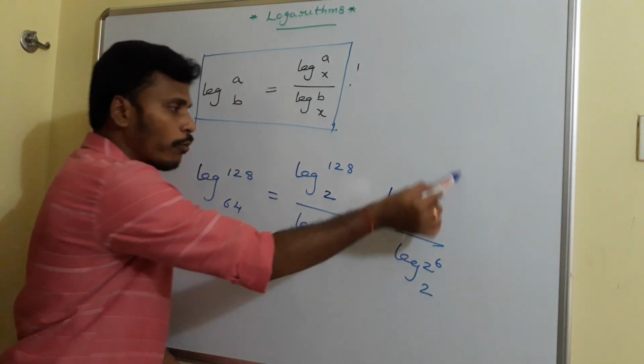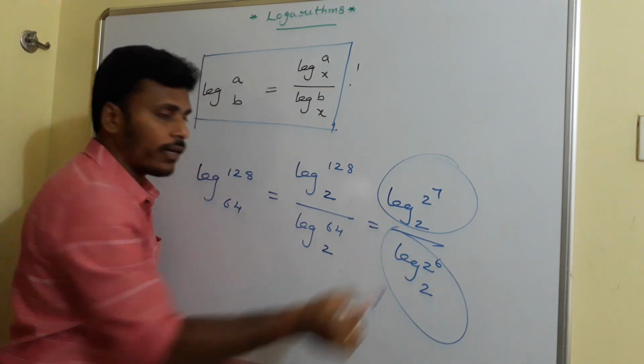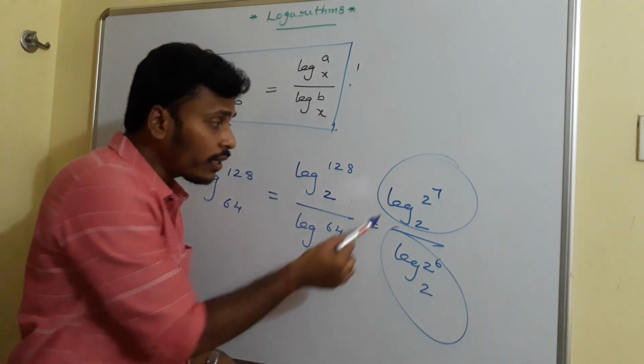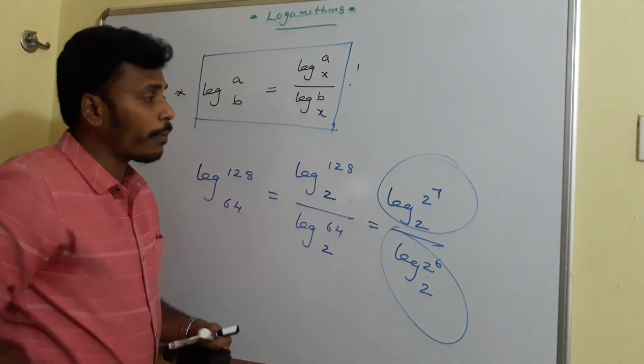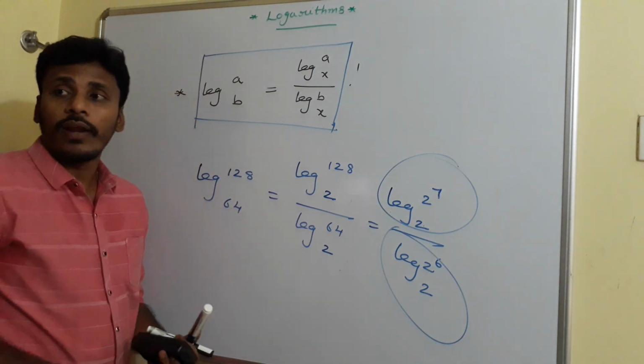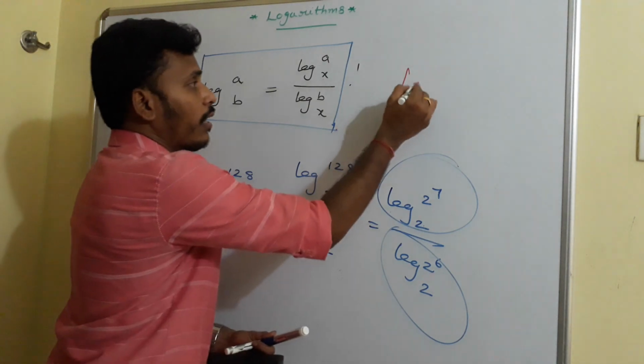Now just look at the numerator as well as the denominator. If you look at the numerator, logarithm of 2 power 7 base 2. Now again it is of the format that logarithm of a power x base a is equal to x, right? Logarithm of